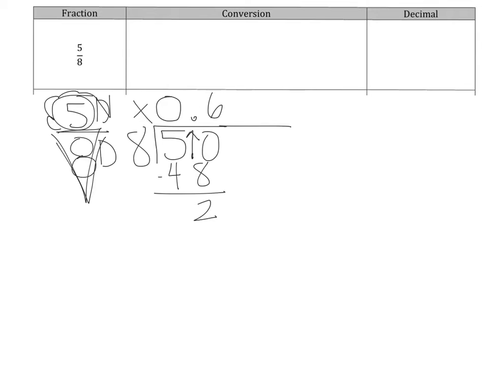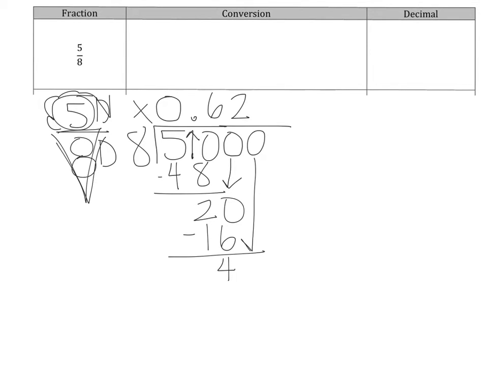After we've added a decimal, we can always continue to add more zeros, so I'm going to add another 0 and bring it down. 8 goes into 20 2 times. 2 times 8 is 16. We'll subtract and get 4. I can add another 0 and bring it down. 8 goes into 40 5 times. 5 times 8 is 40. We subtract and get 0. So our decimal equivalent to 5/8 is going to be